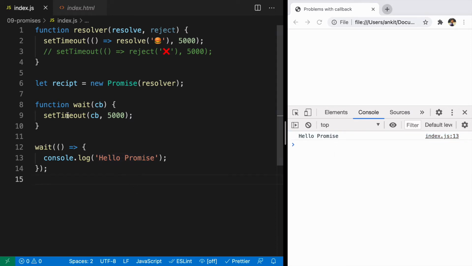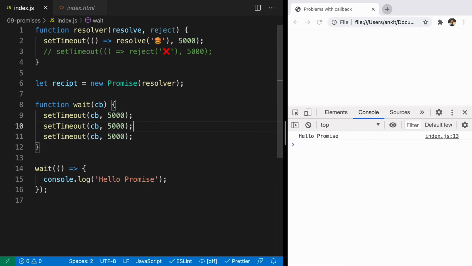So here we have created this function. This is where the inversion of control is happening because we are passing this function and it can be called multiple times. The other side can be like, okay, go ahead, call it 3 times. Just because we are using this function and we are giving them the control, you can see hello promise is being called 3 times. When you are calling this function, it is not giving you anything in return. That means you don't know what is going to happen there, and that is what inversion of control is. It is not giving anything in return.